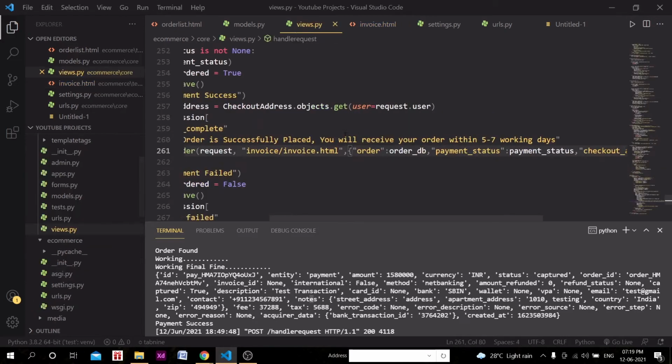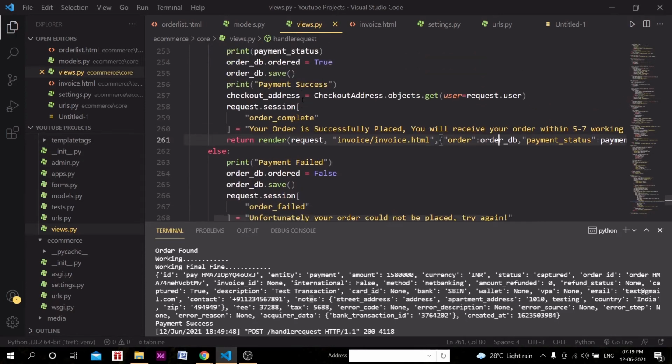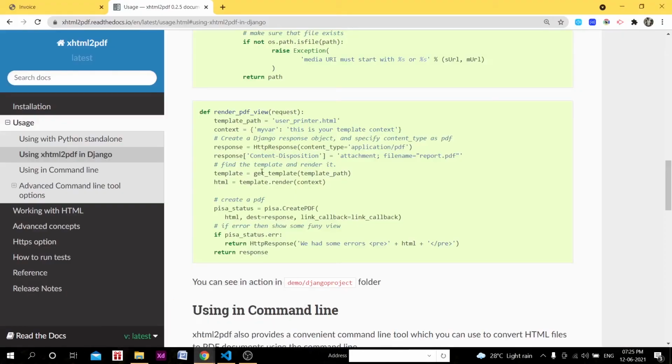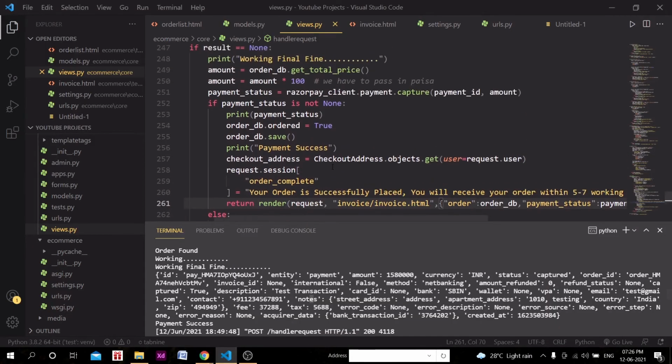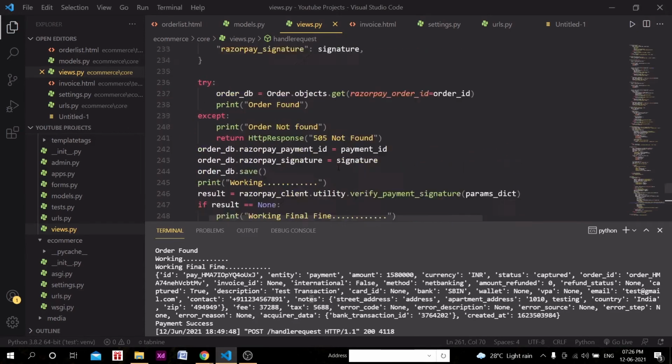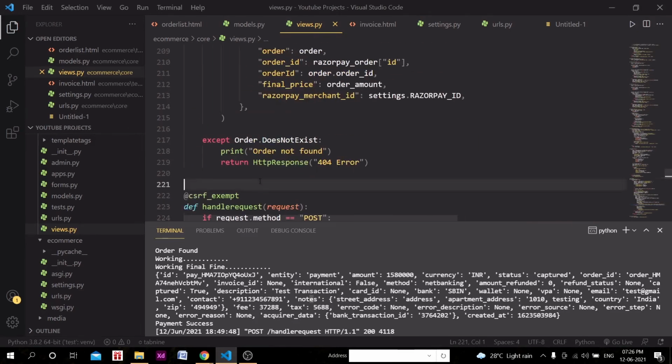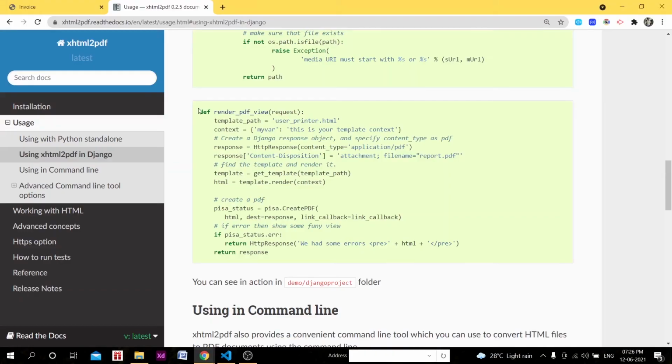In the views, when we were doing this render and all these things, what we can do here actually in the views.py file, we have all these different things which should work. We will create one function here which can be the helper function, and this function is actually given in this.